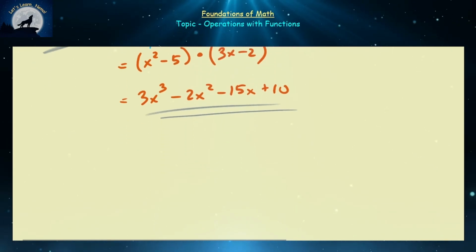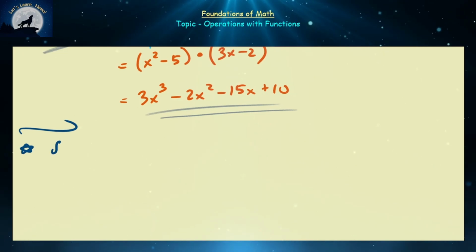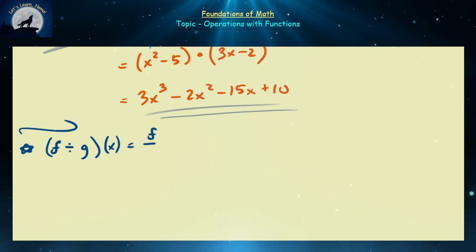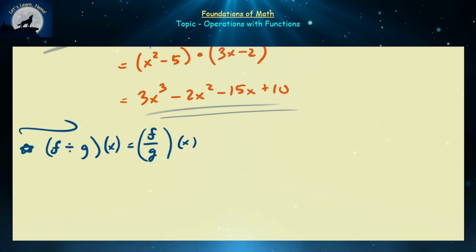So then there's one other common operation, which some people refer to as the quotient of functions. A couple ways of representing this. Some people will use that little symbol that you might remember from grade school, and some people will use fractional notation, f over g of x, to represent it. So this is going to be defined to be equal to the quotient of the function outputs f of x